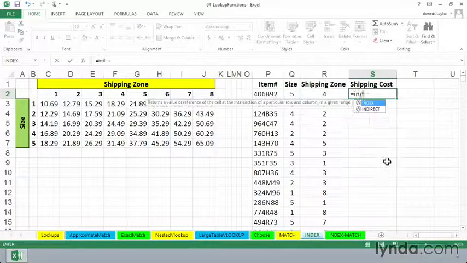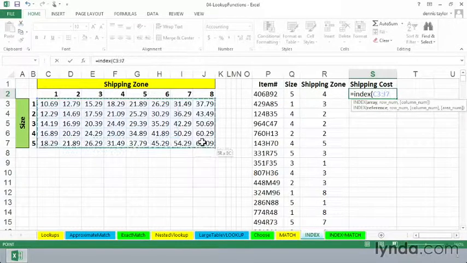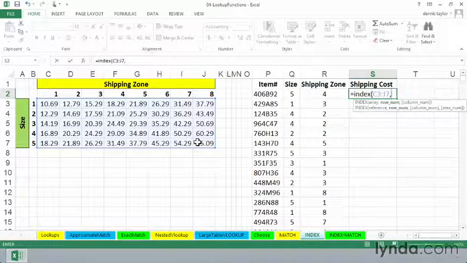Equal INDEX begins with the location of the table, and we don't use the headings in the table, we just use these cells right here, comma. Any function that uses row and column references always uses the row reference first. So the row reference, as we look at the table, relates to size. So we get our entry from Q2 right here. So we'll be looking at the 5th row of the table, which is actually the 7th row in the worksheet,